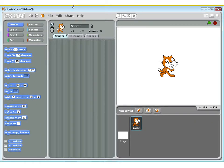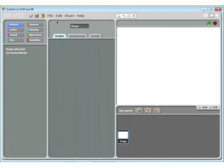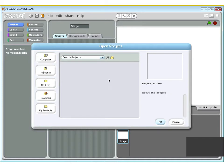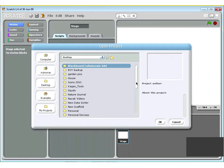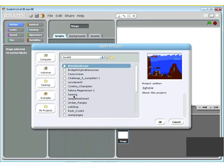And for those of you unfamiliar with Scratch, this is how it shows up. It's really sort of that blank slate software. It comes up with a blank canvas, and we always get rid of the cat. But I'm going to go ahead and open some files from here. And the first demo I'm going to show you here,